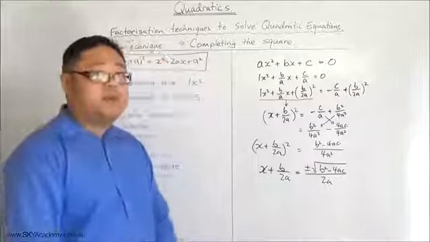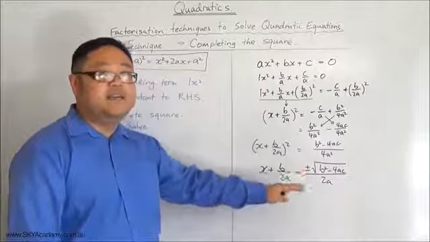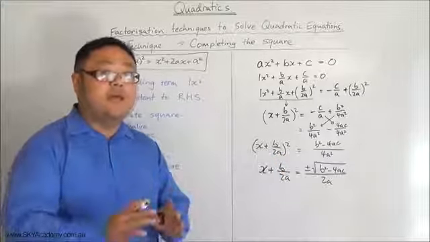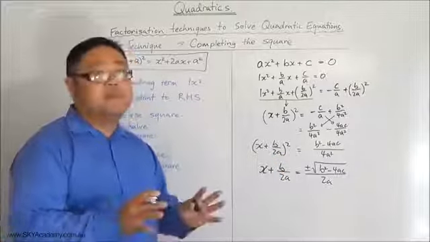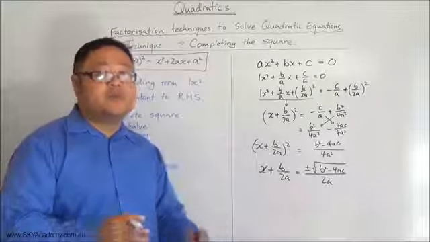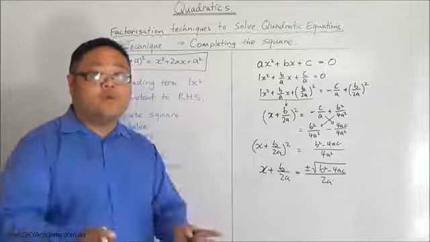Now, you're probably starting to see take shape something that you may or may not have seen in the past. Some of you might be familiar with it. Yes, we're inching closer towards the quadratic formula,